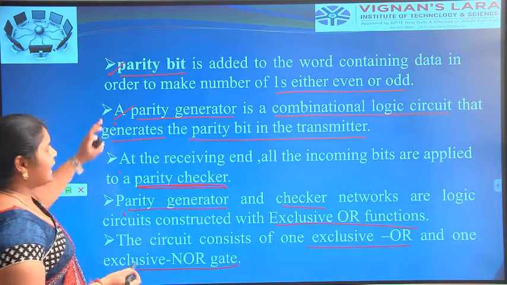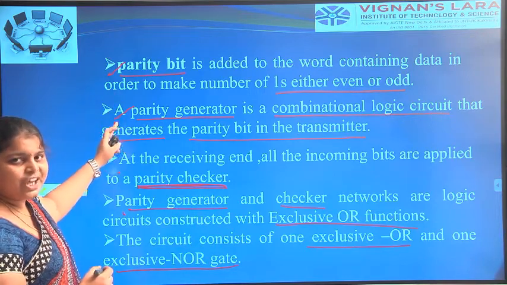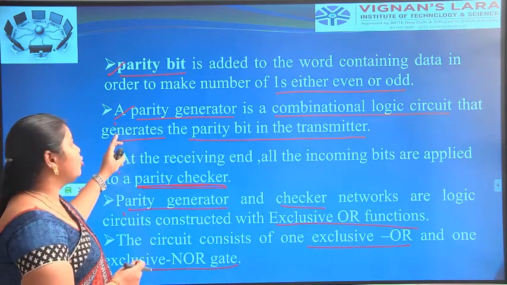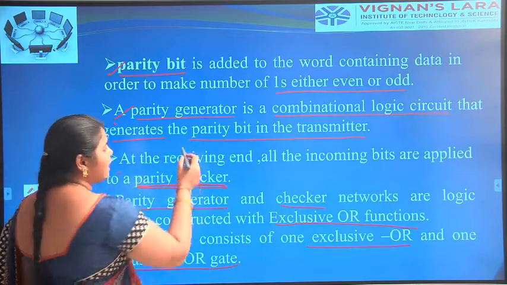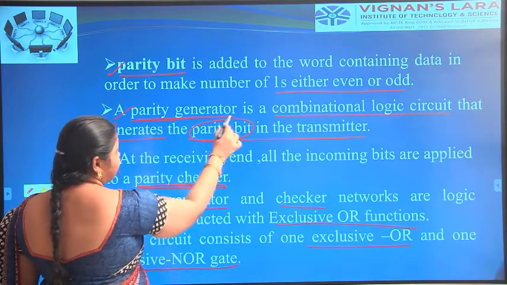The original data starts with a parity bit, and then it is combined with the parity generator, a combination of logical circuits that generates the parity bit for transmission. The parity bit is added to the real message that can be transferred by using the parity generator.